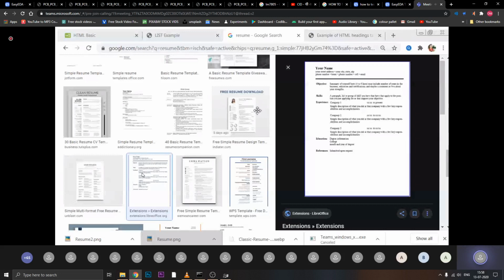Any form of resume you can take, and you can write your name, address, phone number, and email address. Then you can assign the headings according to your choice. Then you can use different text formatters, font and style attributes, and complete this resume for yourself. Everyone has to complete their own resume. That will be the task till next week, till our next practical. Did you understand? B division students, your task is completing the resume. A division: tags, attributes, then family information, basic examples as well as this resume.